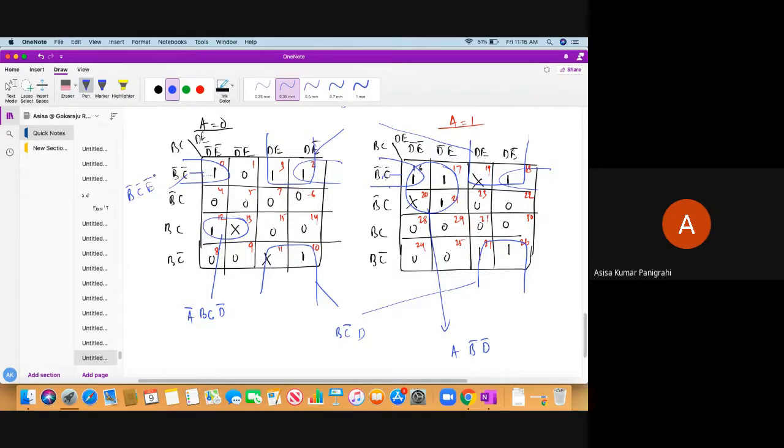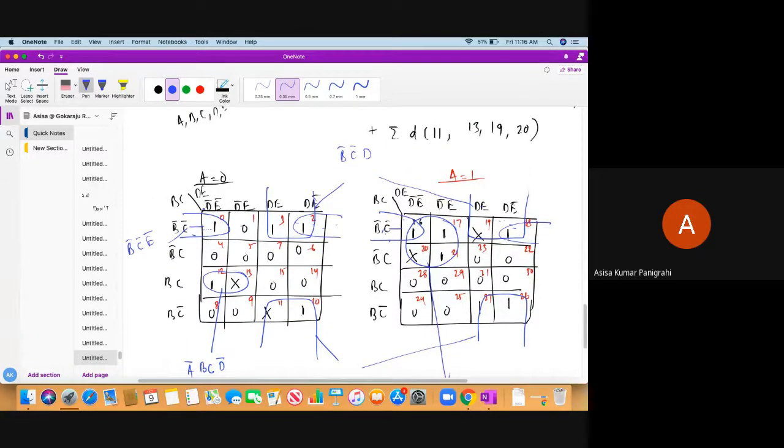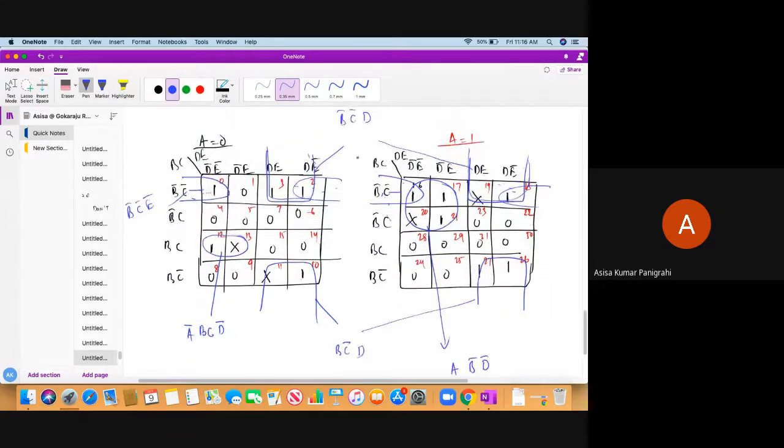Okay, because see here, as you know, these two are also adjacent. Am I correct? These two are also adjacent. So obviously, what do we do? These two, all four will become one, which gives me B bar, C bar, E bar. Okay, so see here, we actually have these two and these two and these two. We have got B bar, C bar, D and C bar, D. From these two, we got a common term. What is that? C bar, D. So we have taken a common term which is C bar, D.